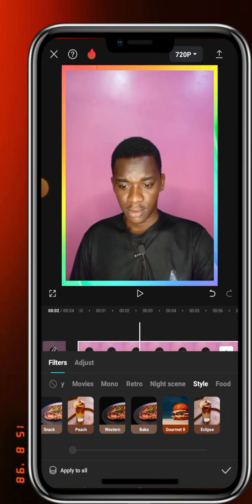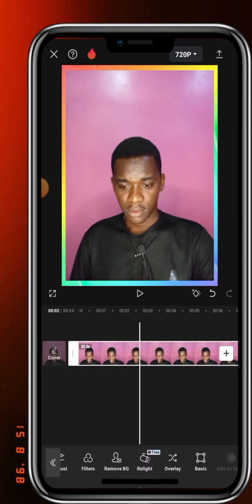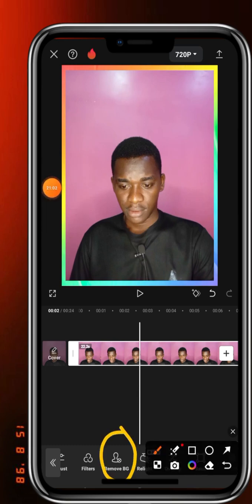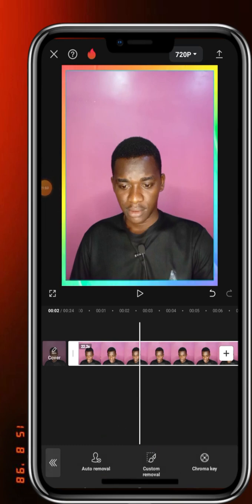So the next one here is remove background. This is how to remove the background in the video itself, not just the background from the editing software. So what do I do here? I will click on this remove background. Watch what will happen here now. Then the next thing, it gives us three options. We have the auto remover, we have the custom remover, and the